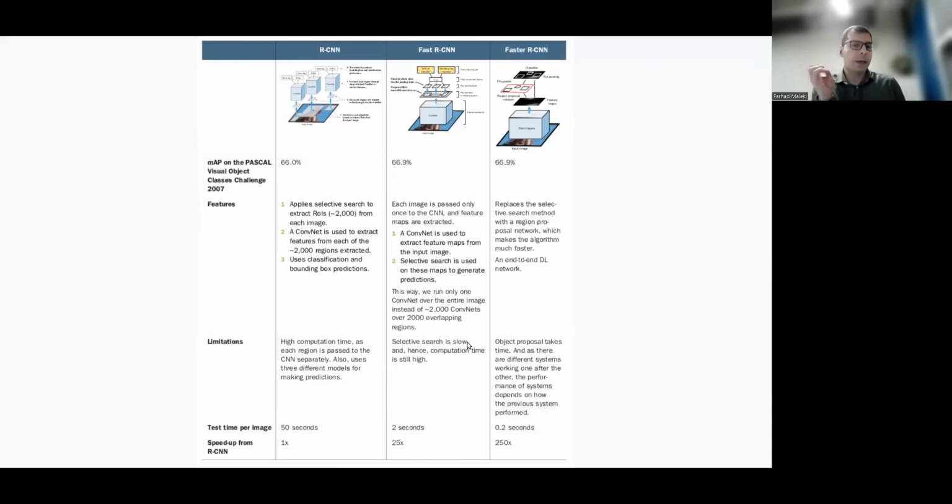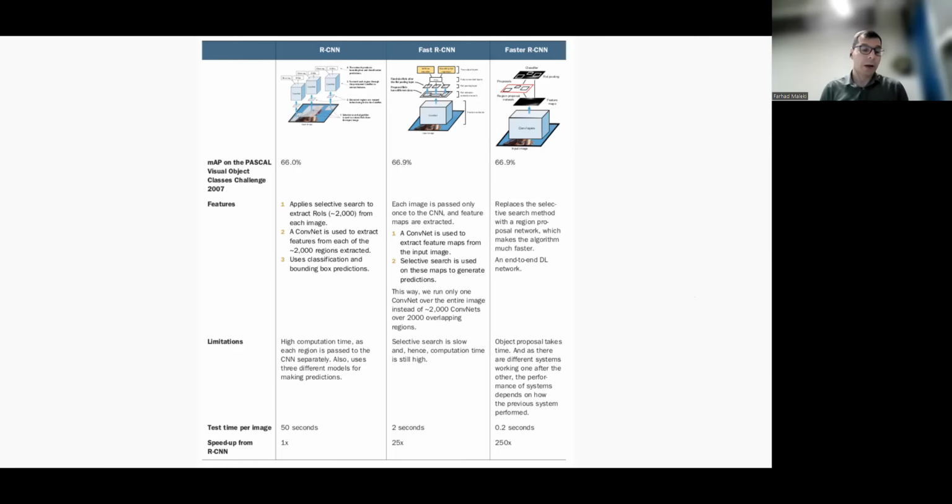Just to recap what we covered so far: RCNN was slow. Fast RCNN tried to improve it by not running many backbone feature extractors on different bounding boxes. Instead, in fast RCNN, we have one feature extractor that goes through everything, but we still suffer from selective search. In faster RCNN, we replace selective search with a region proposal network, which is completely deep learning based, or CNN based. So how does this contribute to speed?